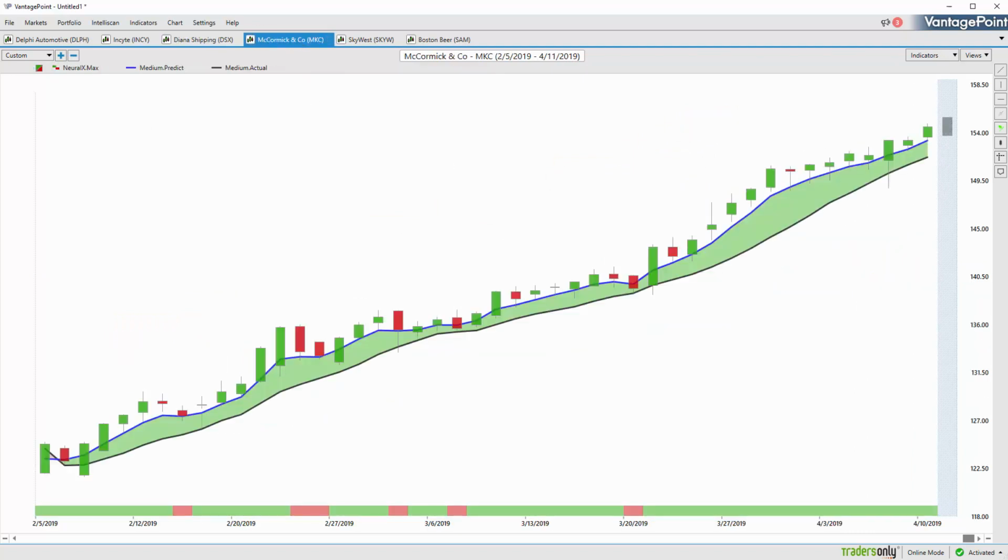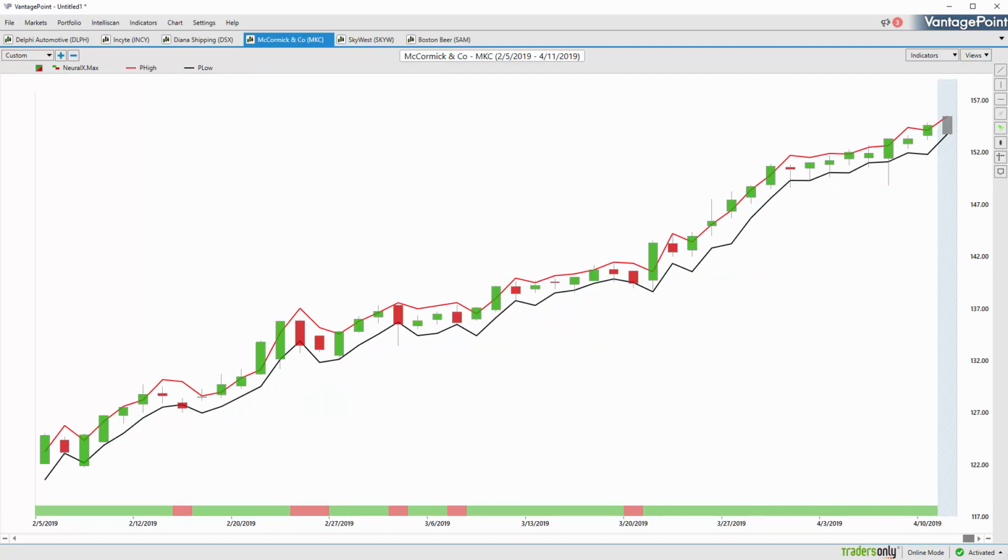McCormick here, a very long-term established trend. So in the last couple of weeks, what have you been doing? Well, the trend is still up. The predicted moving average has a lot of separation. Neural index bullish. Shorter term traders want to look towards predicted low levels, right? And you see that you get a lot of trading days like this where you see these predicted levels being hit, sometimes moving out, but then the close immediately moving higher and really filling that entire range,